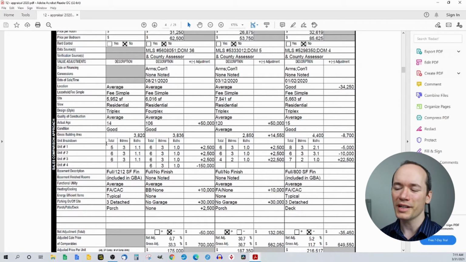Looking at the 2020 appraisal, it's interesting, the building apparently shrunk because this appraiser only measured 3820, but looking at comparable number 1, it's 3836. So that's just a minute adjustment. The appraiser doesn't bother making any value adjustment there. But on comparable number 2, that property has 2850 square feet. So that's an adjustment of 14,000, then an adjustment of 8,700 on the next one. And if you do the math on this one, that's an adjustment of just $15 per square foot. So a slightly different opinion on the value of a square foot